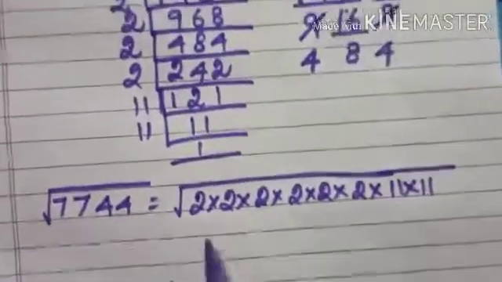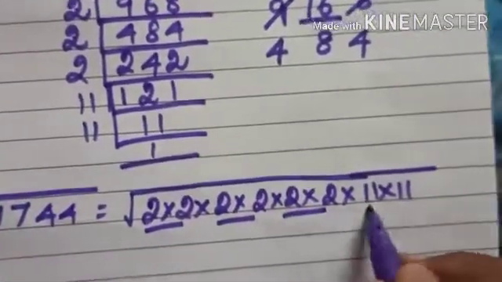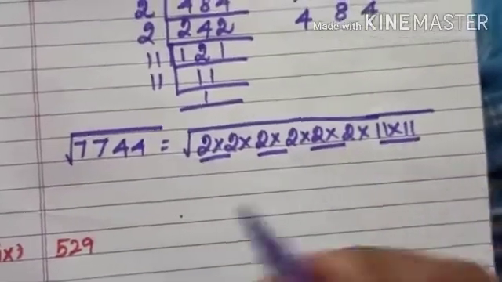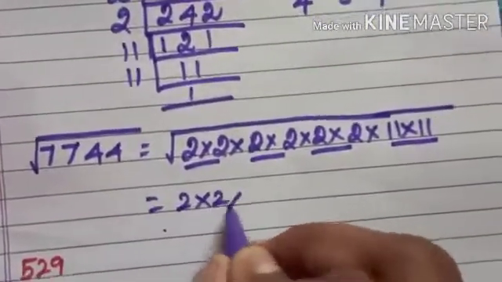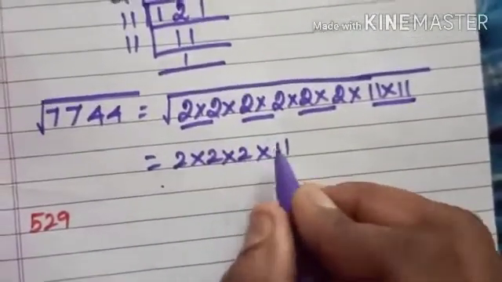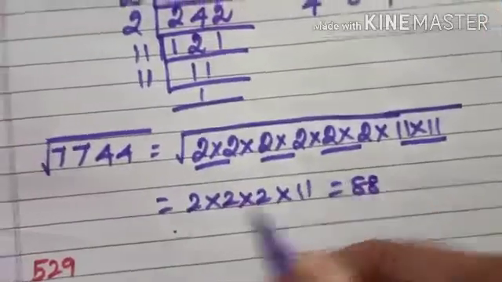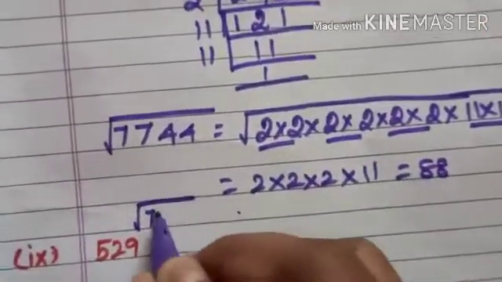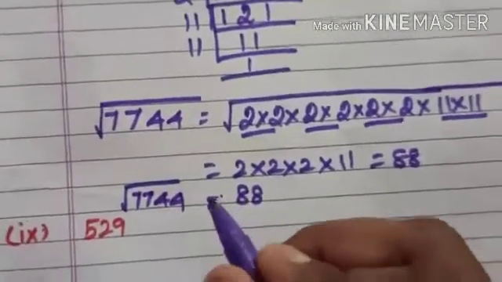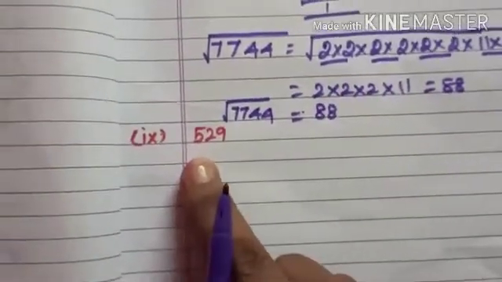Okay, so now you make it pairs. 1 2 3 4. So 4 pairs are there. Here 3 are 2s and 1 is 11. So 2 into 2 into 2 into 11. 2 2s are 4. 4 2s are 8. 8 into 11 is 88. So root of 7744 is equal to 88. So now we move on to question number 9,